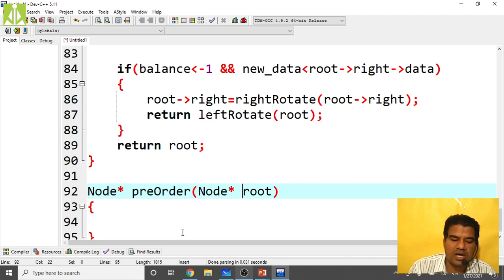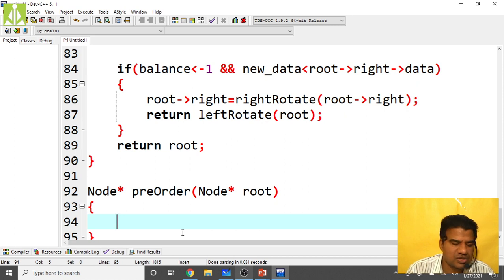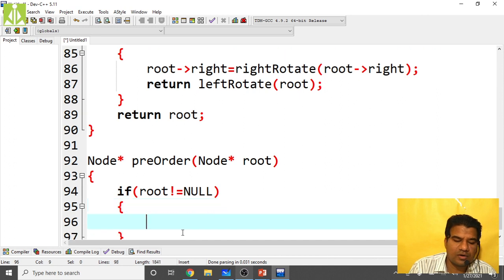So node star root equals to this much, pre-order of node star root. If at all your root is not equal to null, then what we are doing, we are printing.